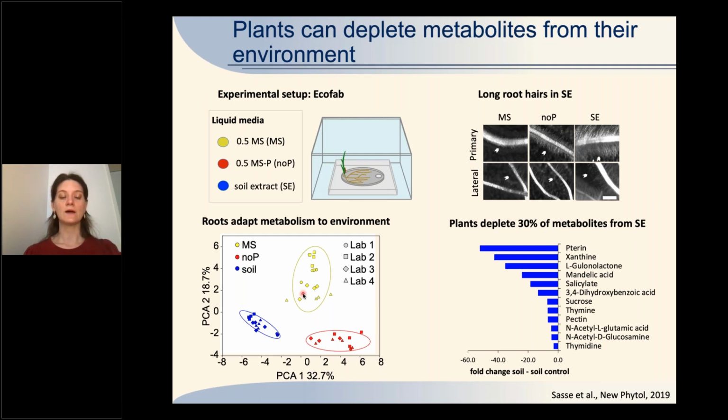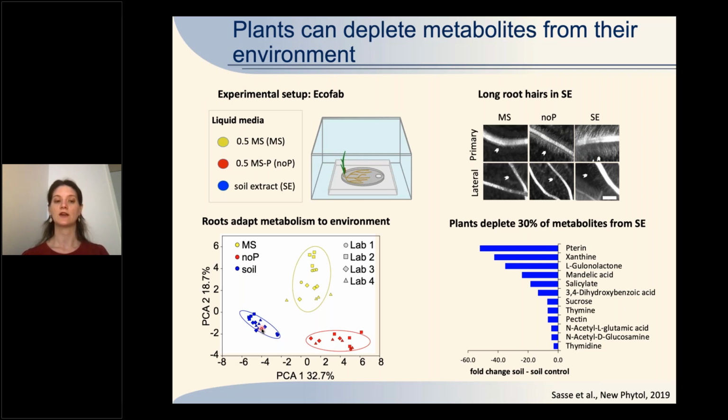The more interesting biological aspect that I wanted to point out is that not only do the roots look different in these different environments. So for example, the phosphate devoid roots make these longer root hairs, which is to be expected. And the soil extract grown roots have these super long root hairs, which are much longer than the ones grown in phosphate devoid conditions. So not only do the plants react to the different conditions, but also their profile of metabolites looks really different. So here we're looking at root extracts, so metabolites present in roots,